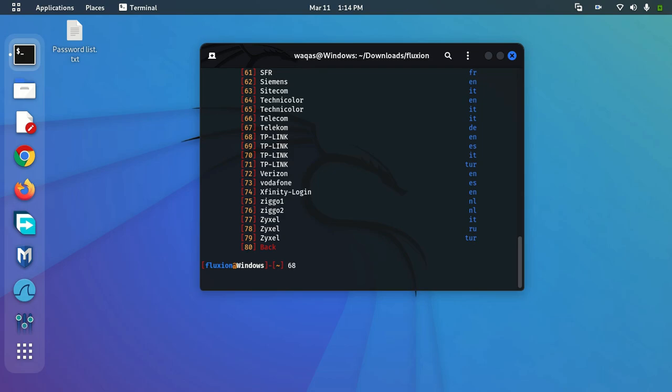Now before going into the process I need to explain to you how it actually works. Through the handshake that we captured, FluxJAN will make the same Wi-Fi connection, with the same name and an open connection. Also it will jam the connection of the target, so all the devices connected to the target will be disconnected. So when users open their Wi-Fi, they will see an open Wi-Fi connection with the same name.